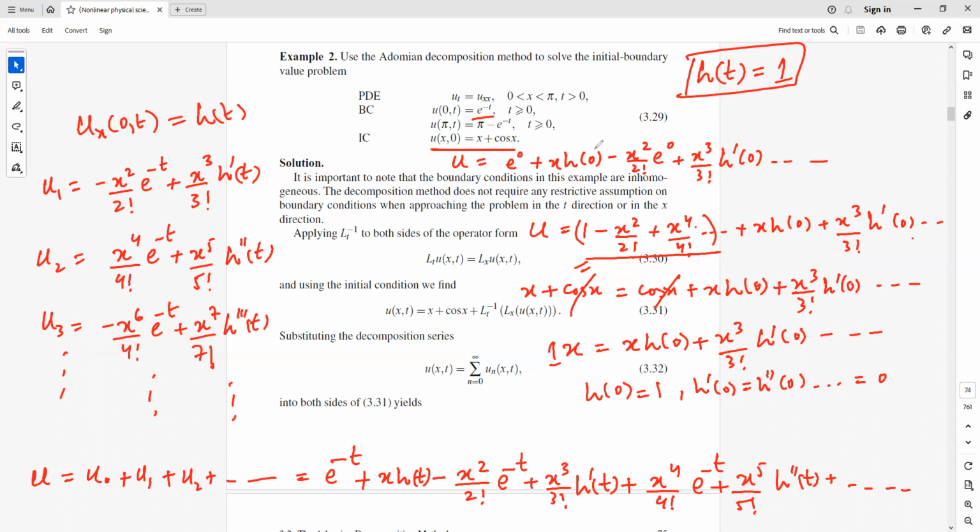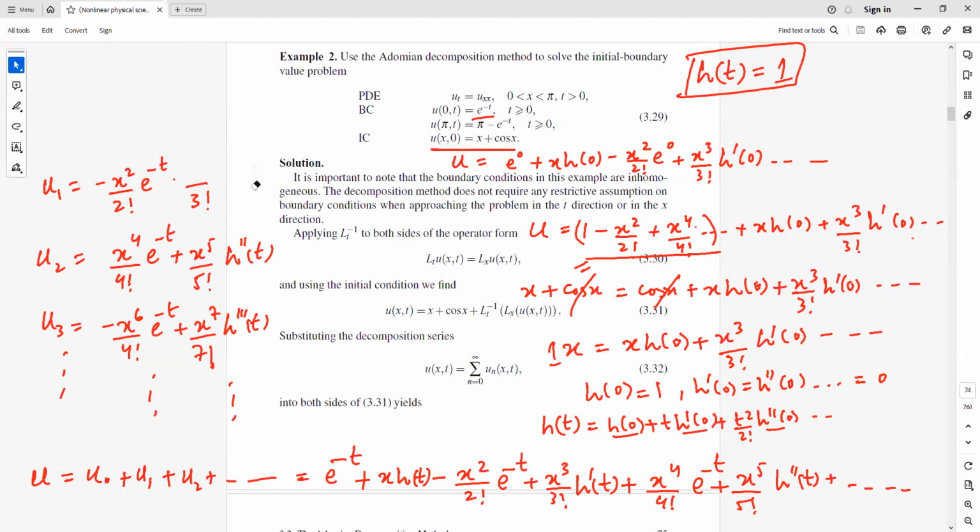Right? So because if we want to find h of t in terms of Taylor series, we can say that this is h of 0 plus t h prime of 0 plus t squared over 2 factorial h double prime of 0 and so on. So all these terms are 0, therefore we will only be left with h of 0. So h of t equals 1 we get. Now therefore we are going to use this thing, that is h of t equals 1. Therefore now what we get here is,